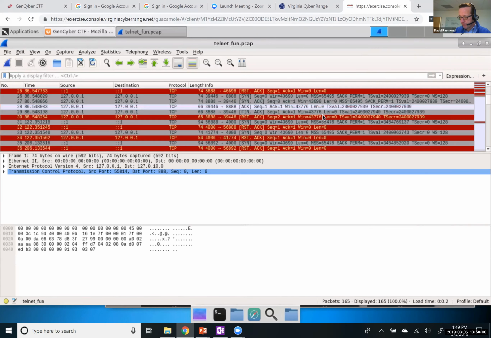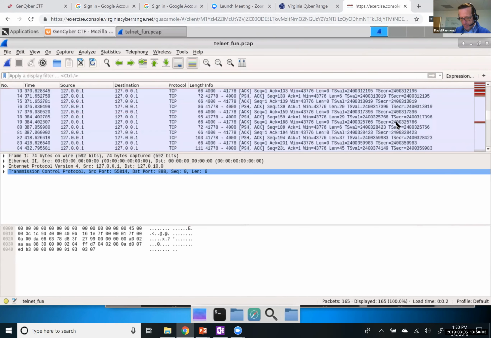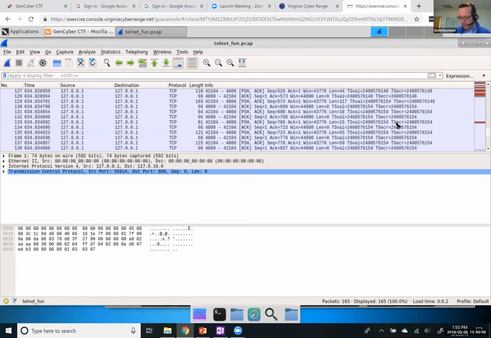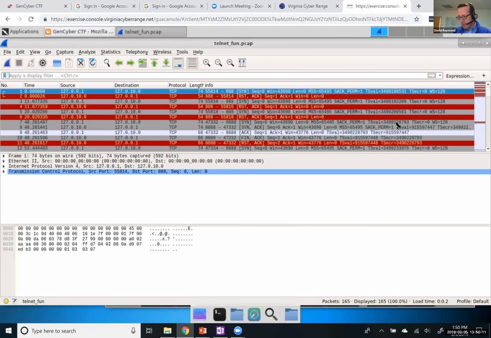Okay, so what do I do now? Well, this is not a huge packet capture. A few dozen, maybe a couple of hundred frames. Sometimes these packet captures you get will be huge, and they'll have a whole bunch of traffic in them, and only a small bit of the traffic is related to the challenge that you're trying to solve. The idea there is that the person who created the challenge wanted to bury what they were doing in a whole bunch of other network traffic to make it harder to find. It's a little more security by obscurity.